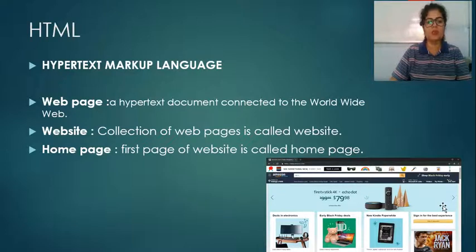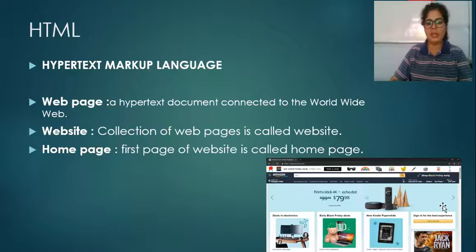Now the next thing is, what is a website? A collection of web pages is known as a website. When we combine multiple web pages, it becomes a website. The real life example of a website is Amazon. When you search Amazon on www by using any browser, it opens the website.